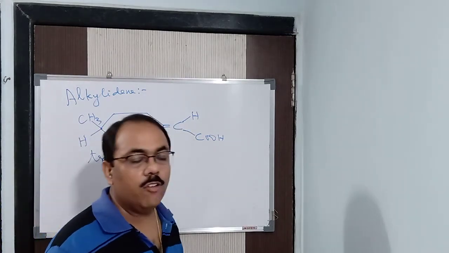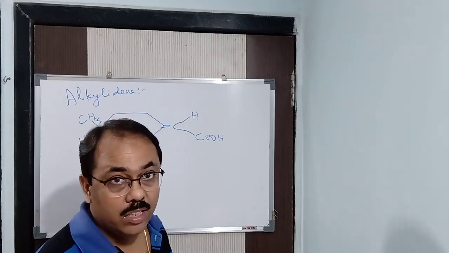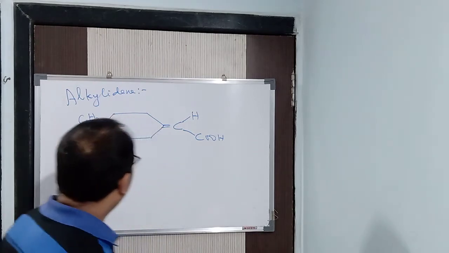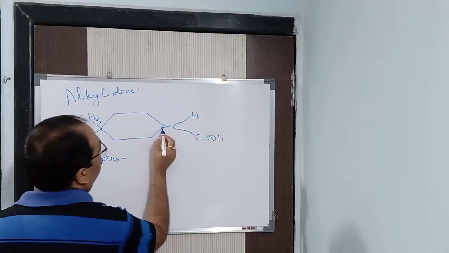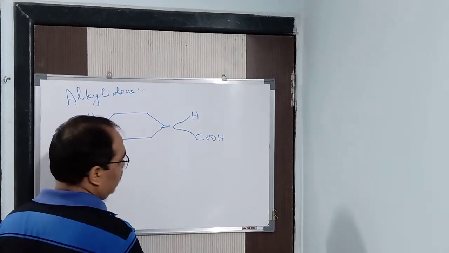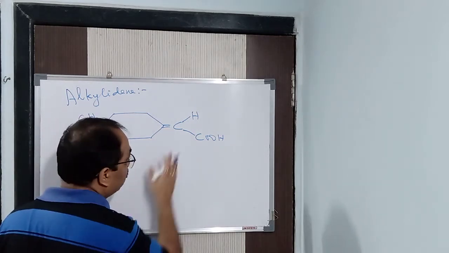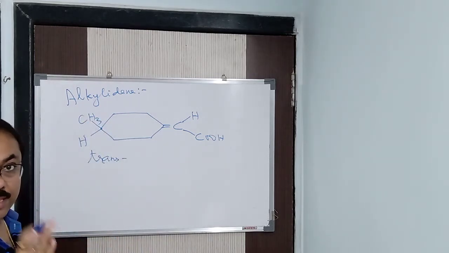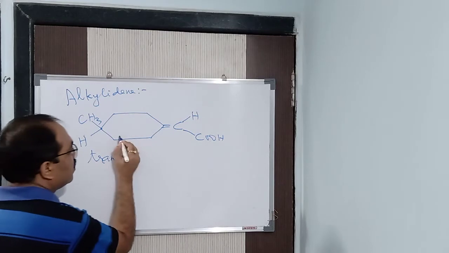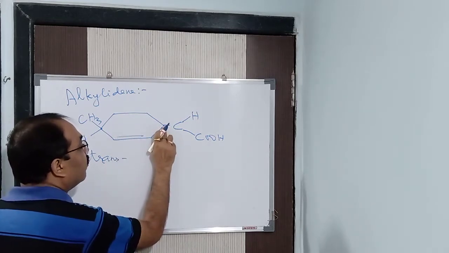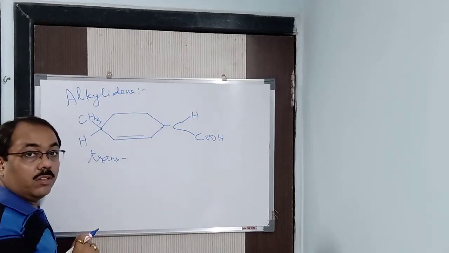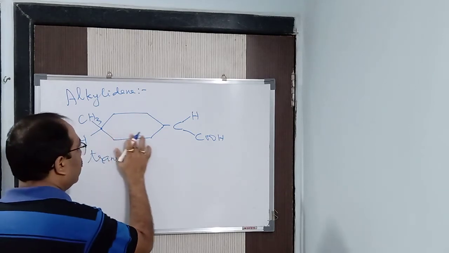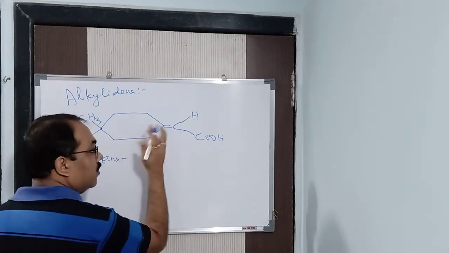How will you do the numbering? From where? You will say, sir, we will do the numbering from the double bond, or from the functional group. But they are all outside the alicyclic ring, so they are not counted. If the double bond were inside the ring, I would have given preference to the double bond. The functional group is outside the ring, so it is not given preference.